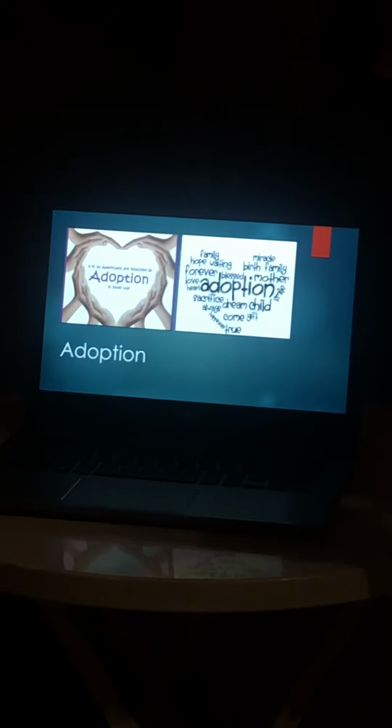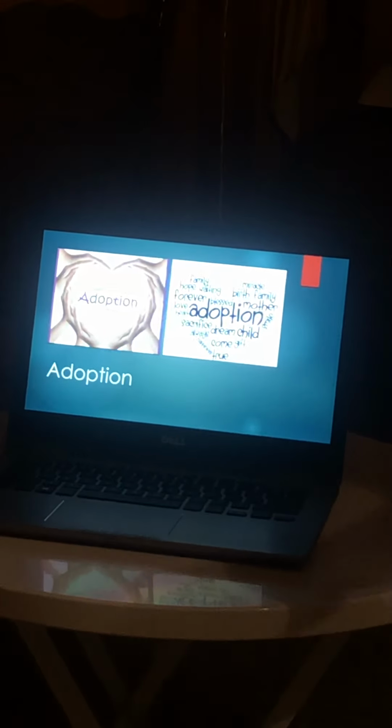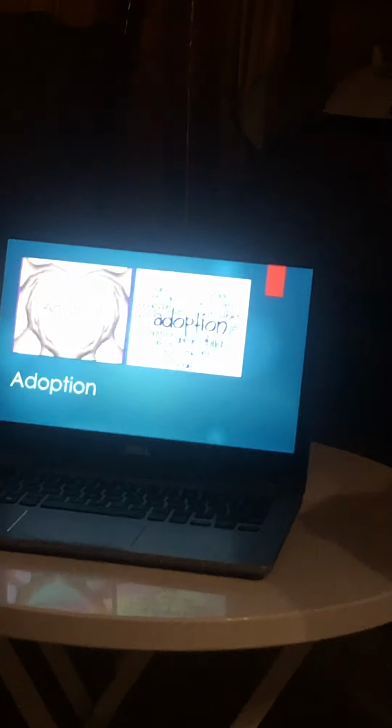A lot of people don't adopt because adoption is so expensive and takes so much time. Most of the compensation goes to the mother, adoption agency fees, and lawyer fees. Therefore, a bunch of people don't adopt. Here's an adoption slide, and this is saying that 6 in 10 Americans are touched by adoption in some way. And I think laws should be changed to get the cost down for adoption so more people could afford adoption.